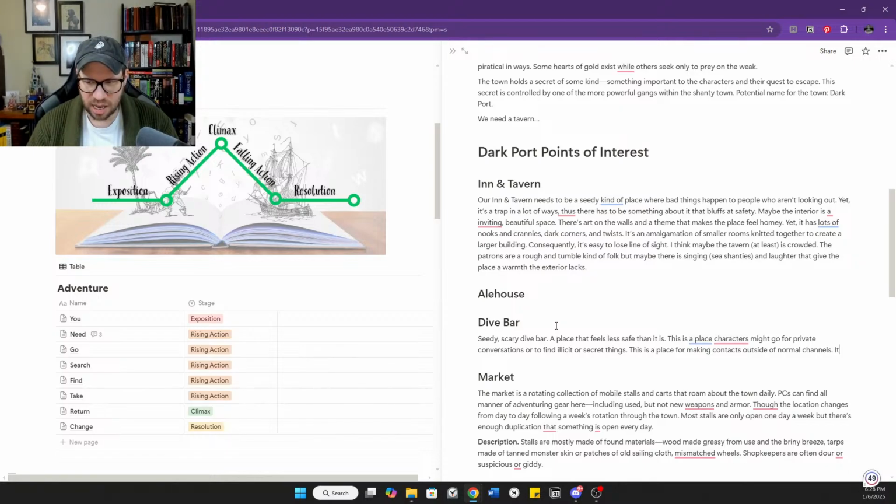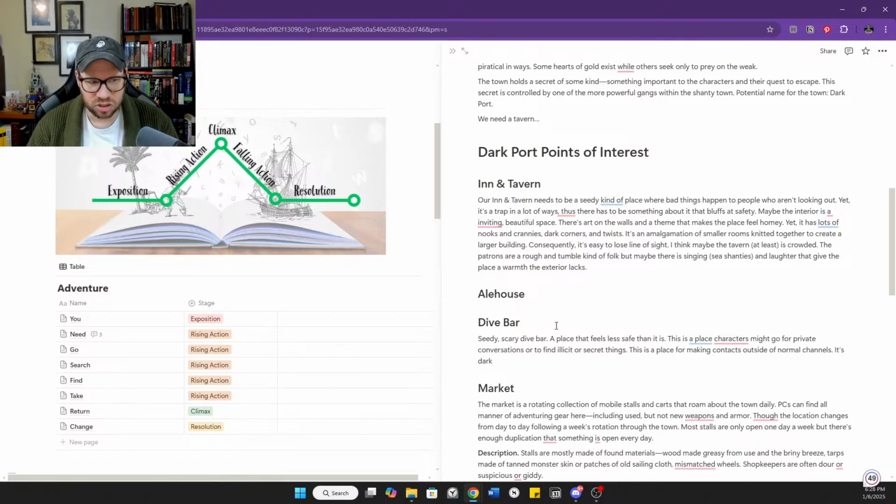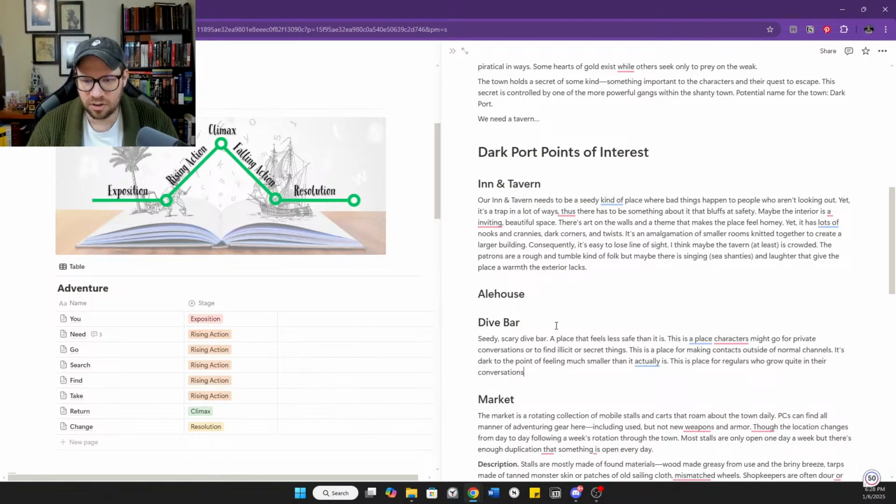So let's say it's dark, to the point of feeling much smaller than it actually is. This is a place for regulars who grow quiet in their conversations when someone new walks in.